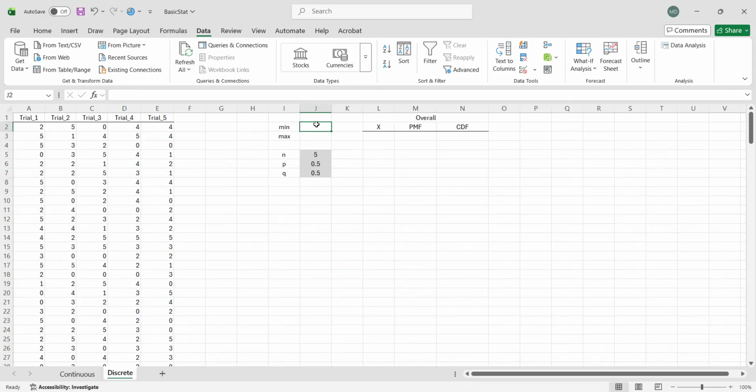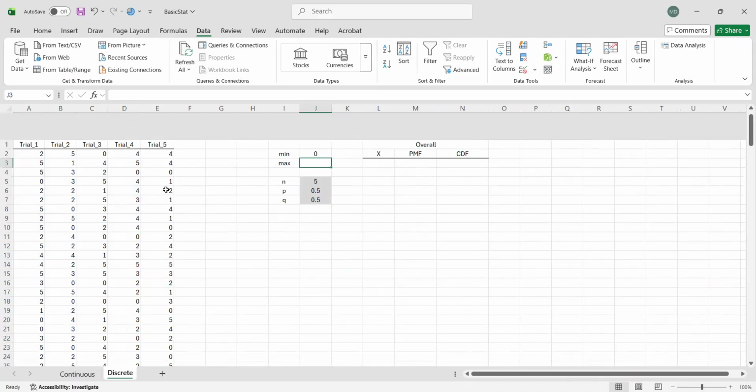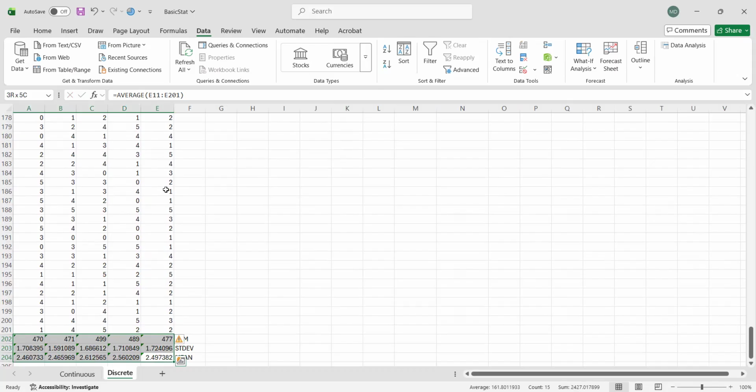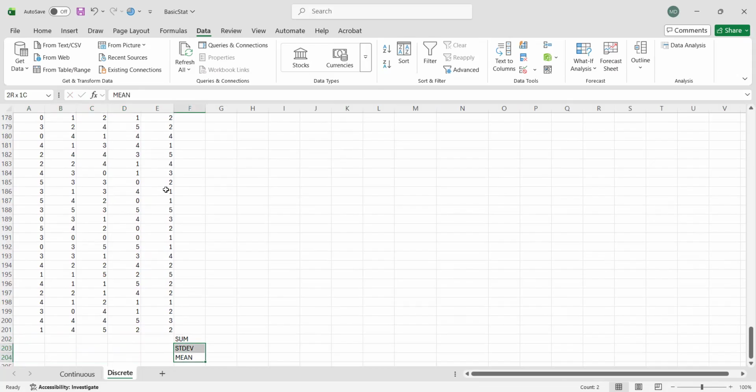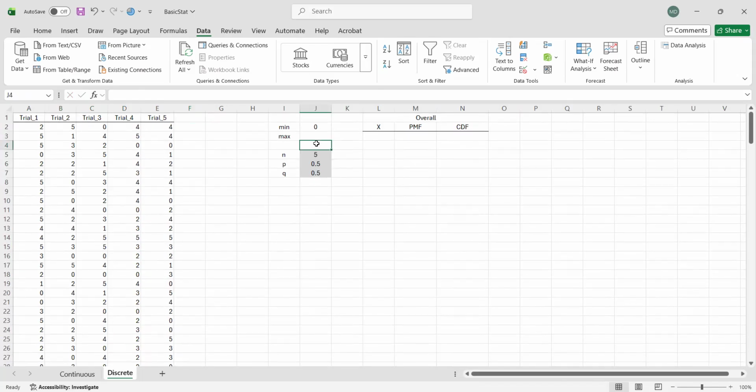So we use the formula min, and then just highlight the entire data set. So don't mind the numbers below. I forgot to delete them. Okay, let me delete them. They are our stats, some standard deviation and the mean. Right? So we don't need that actually for now.